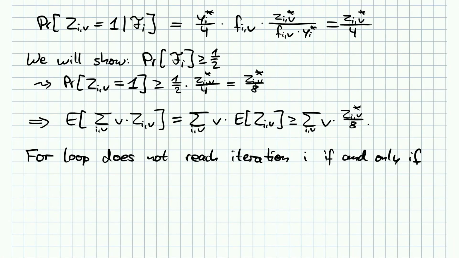So this means that in our notation here, it might happen that we've opened too many boxes, which means that the yi prime for I prime smaller than I is at least k, or that we've already decided to take home a prize, which means that the sum over all I prime smaller than I, taking the sum over all v, we have that these z I prime comma v are at least 1.